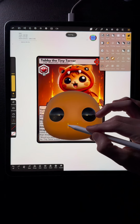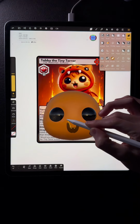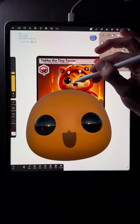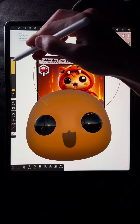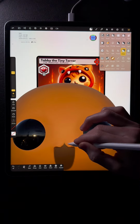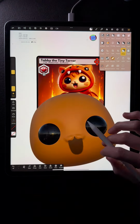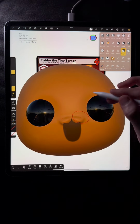Now I'll just carefully spend a little bit of time trying to get this masked off in just the right position for the mouth. Now that this is masked off, we're going to get this little inflated part here. We will use our inflate tool with a much smaller brush size, and we're just going to inflate this out right here. So just run over this a little bit and inflate it until it looks like it does in the photo. For now, I'm happy with this. We're going to fix it up and make it look better in the future, but for now, let's go back